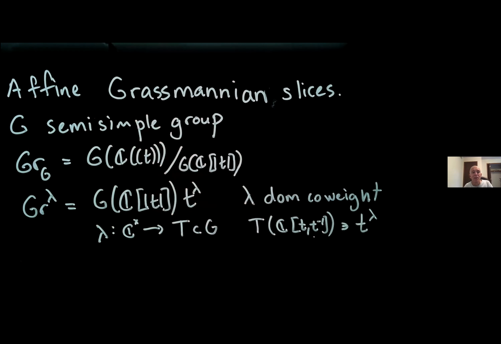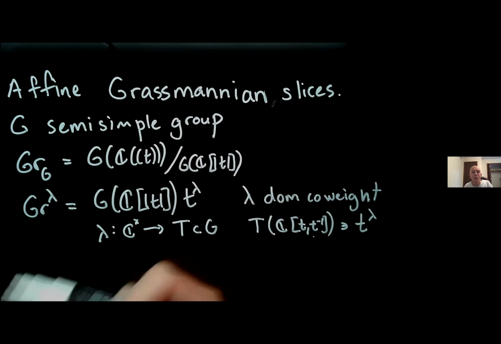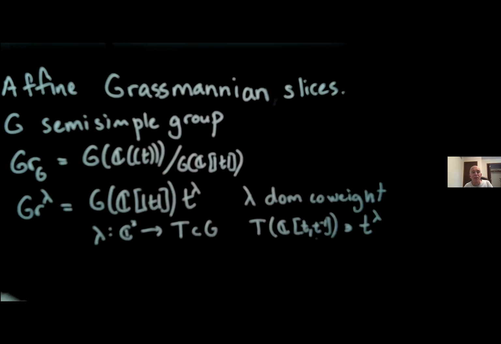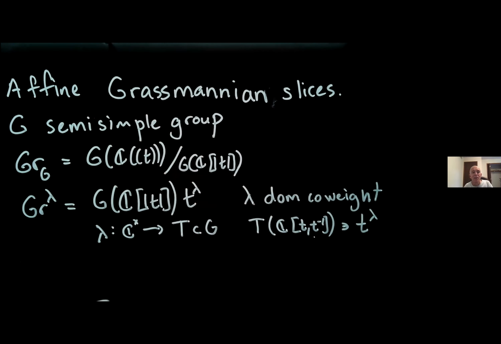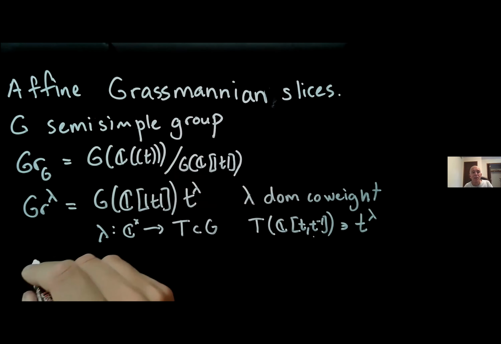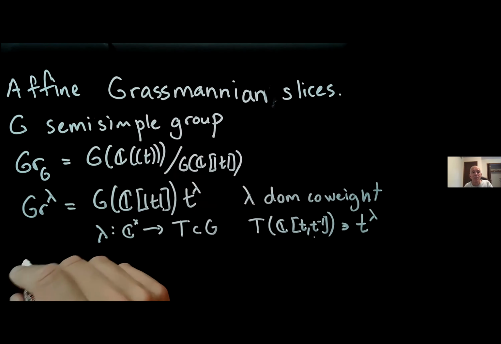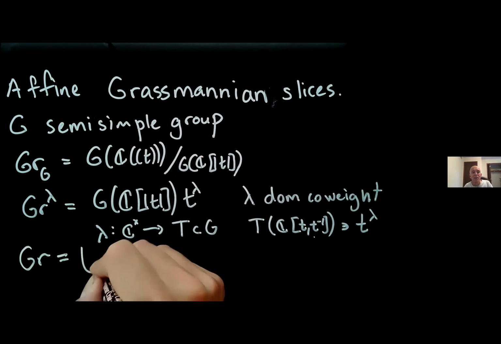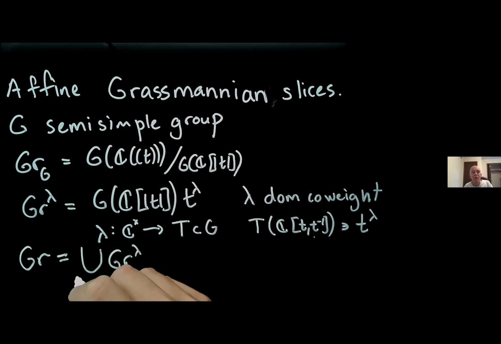One other point, it's not that important for the talk, but maybe interesting, is that the affine Grassmannian has a moduli interpretation in terms of principal G bundles on P1, which are trivialized away from the point 0. And this space here corresponds to those principal G bundles whose trivialization satisfies a pole condition at 0. Let me write something which I didn't say: the affine Grassmannian is partitioned into these orbits over all these dominant coweights.